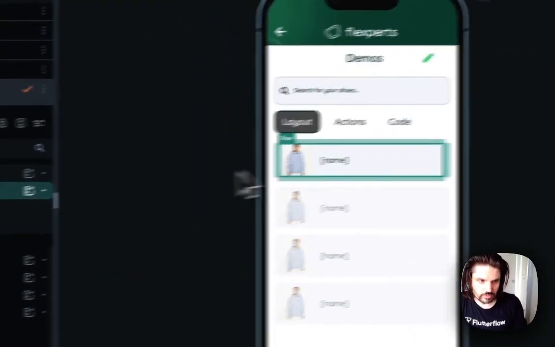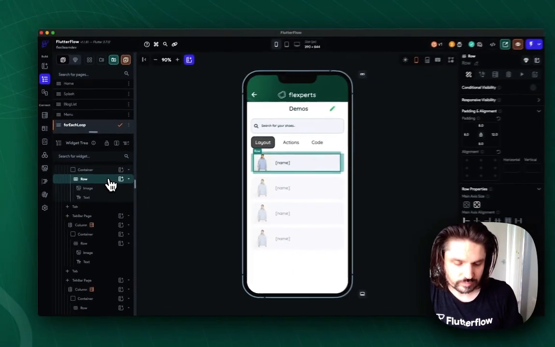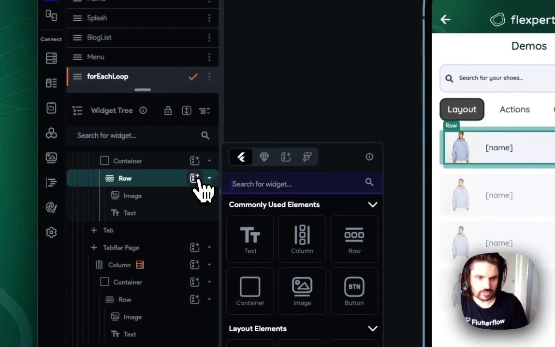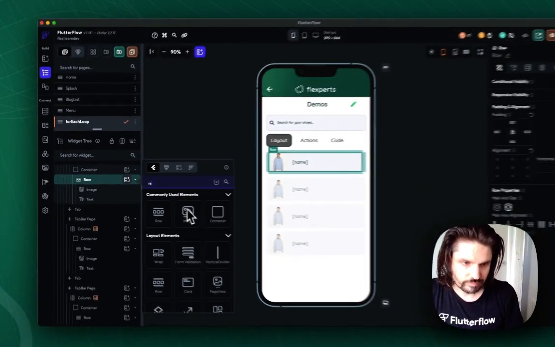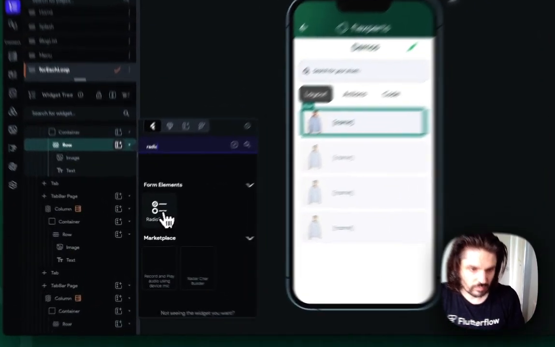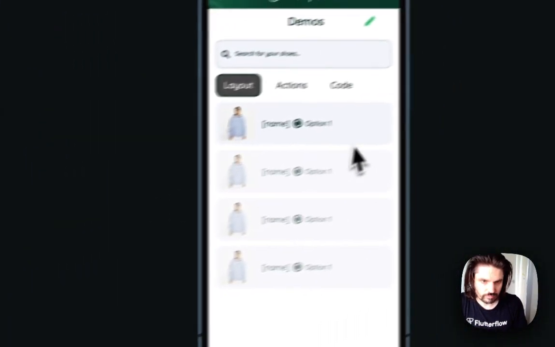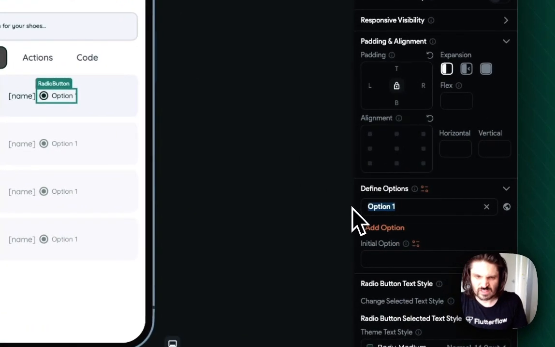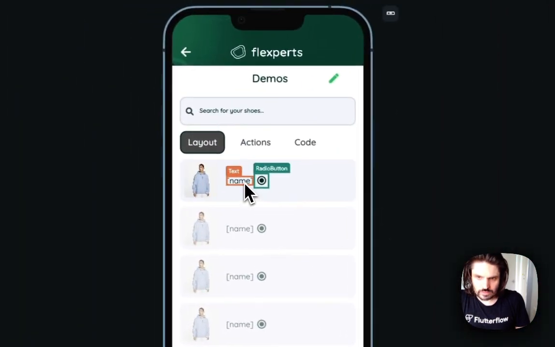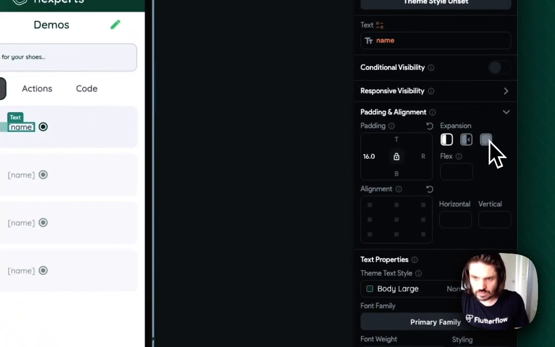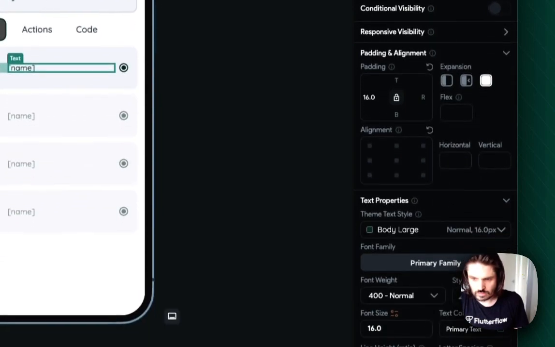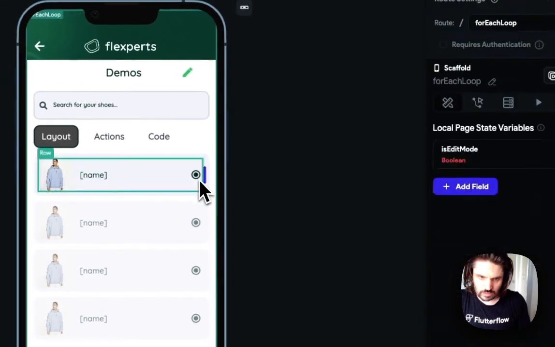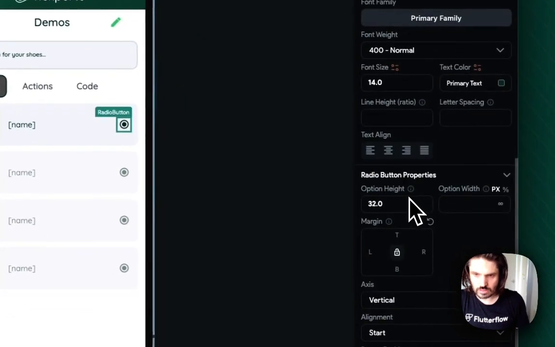So now what we want to do is add a radio button here. I don't want any options really. Then I'm going to put this to be expanded. So that, let me just move my camera out here. Okay, great. And the initial property of this is going to be